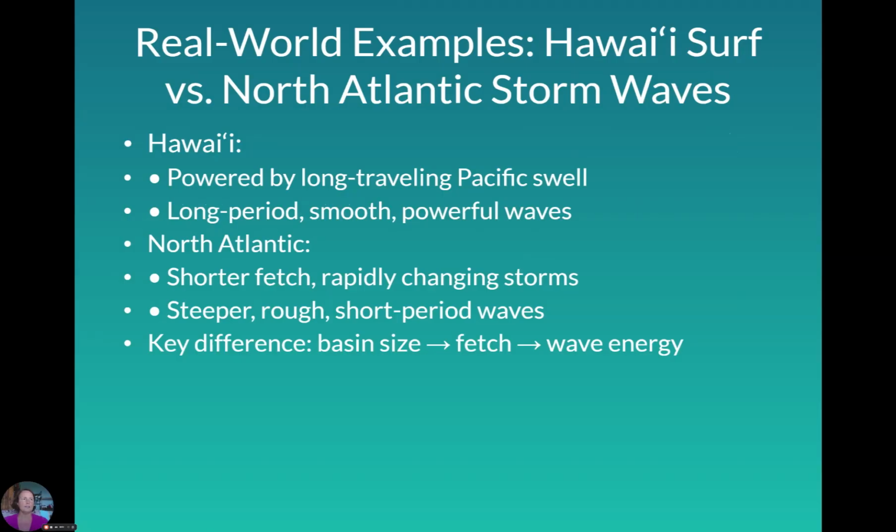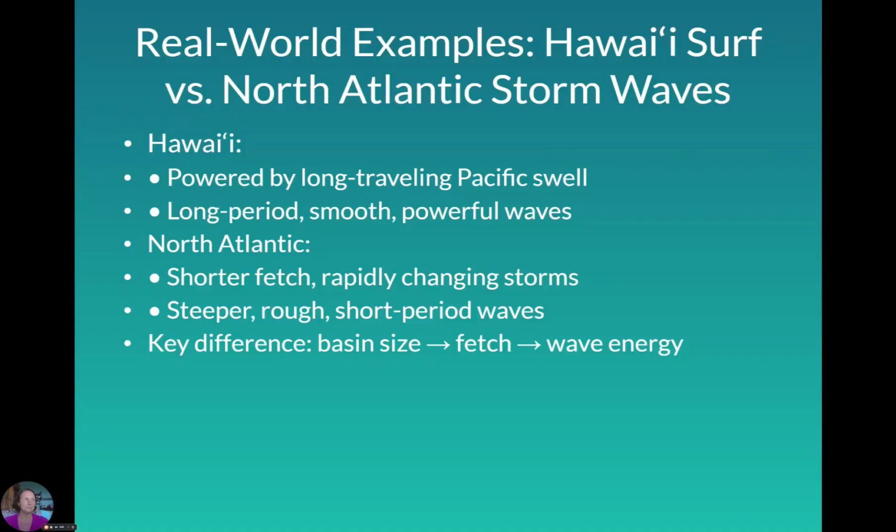Okay, real world examples. Hawaii has some of the best examples of big organized swells in the world. We get those big, powerful waves generated from storms many, many miles away, and they have really long fetch, long periods, and high energy. And that's part of why people love to surf off the North Shore of Oahu. It's got some of the biggest, most powerful waves in the world. And people who come from other places to surf there are appalled by the big waves, and it's wild.